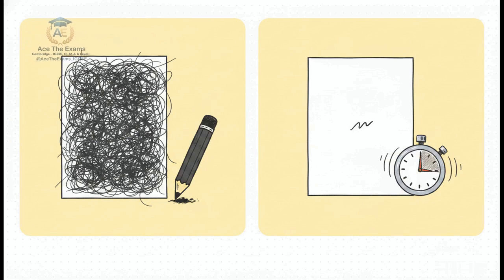Now, look at Sam on the right. Sam sees the word NOR, remembers the panic of the ticking clock, scrawls "output is 0", and frantically flips to the next page to save time. What did Sam do? Sam completely ignored the command word evaluate. Evaluation isn't just stating a fact. Evaluation absolutely demands that you consider alternatives, that you analyze real trade-offs, and most importantly, that you explicitly justify your decisions with evidence from the text.